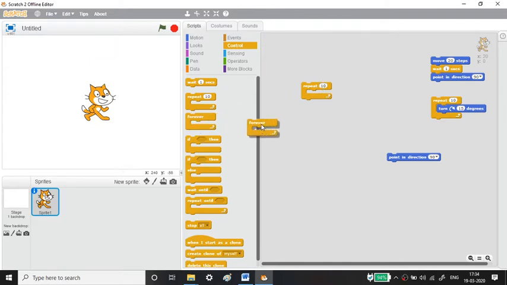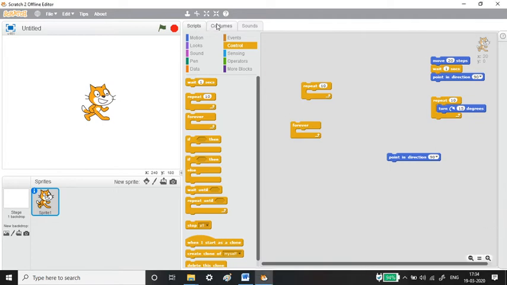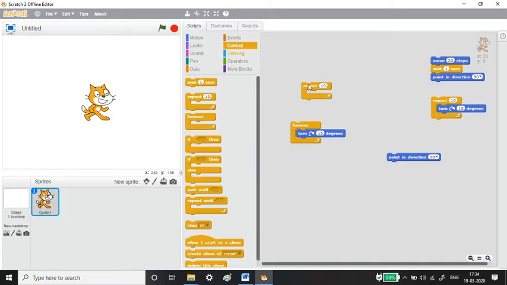If you want to do the task over and over again without any stop, you can use forever, which means it will keep on rotating 15 degrees forever until you click on the stop button. See here, it keeps on rotating, it doesn't stop.